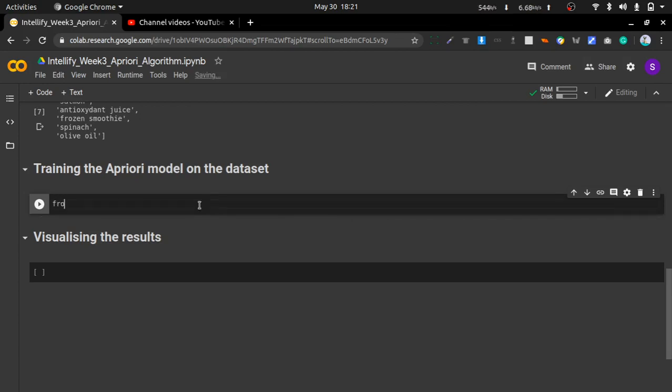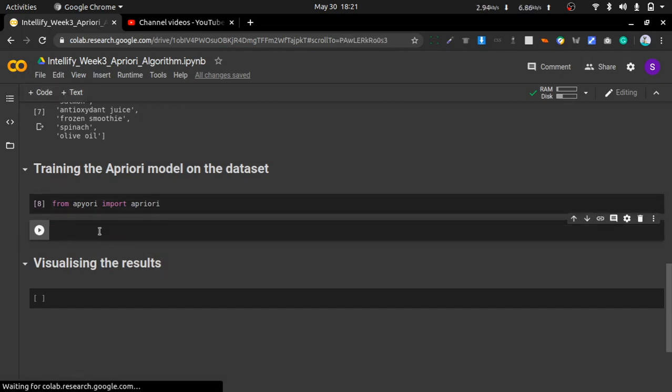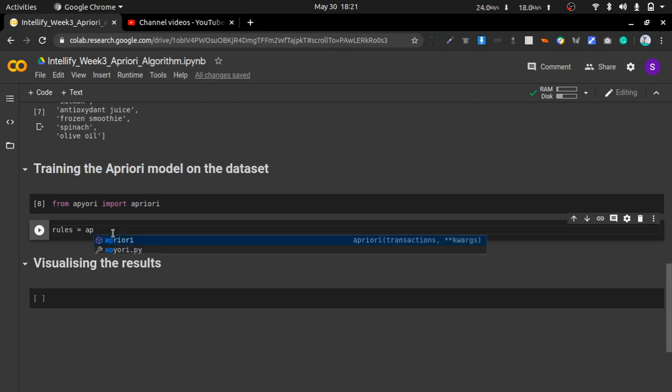I will import one method from that file, from apriori import apriori. Okay, so let's execute this.